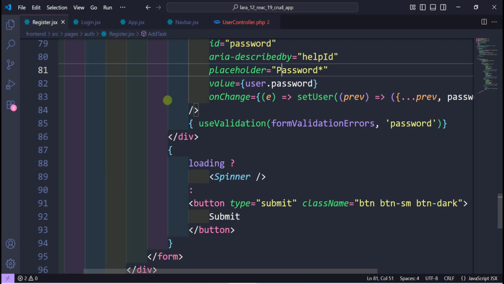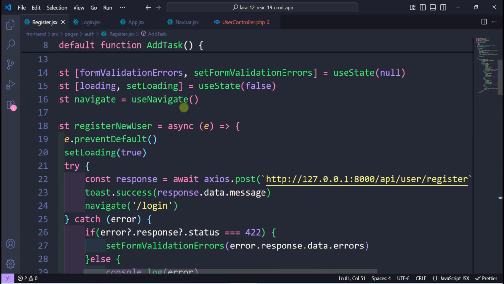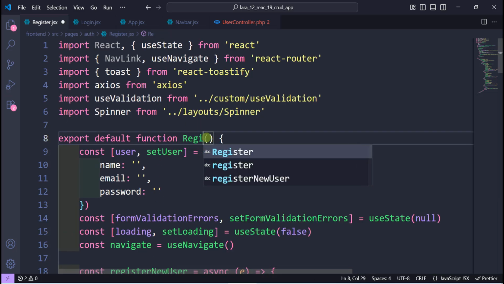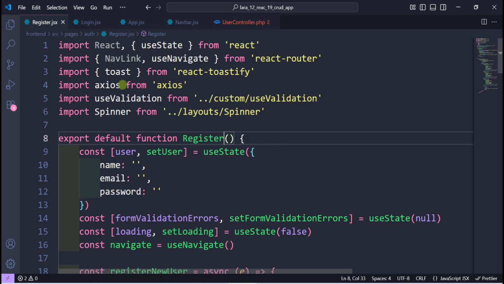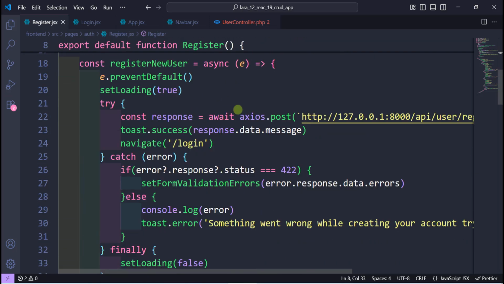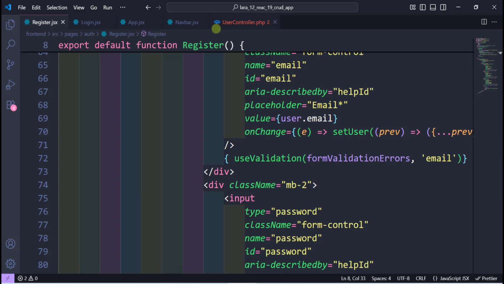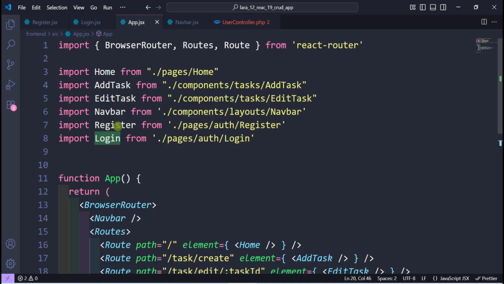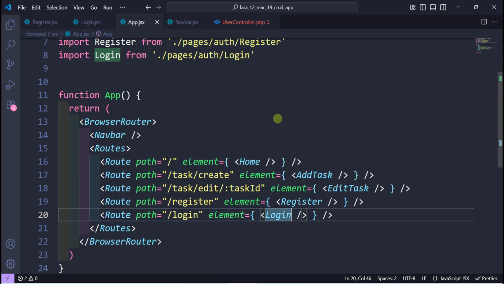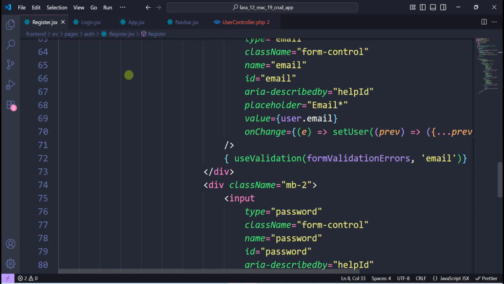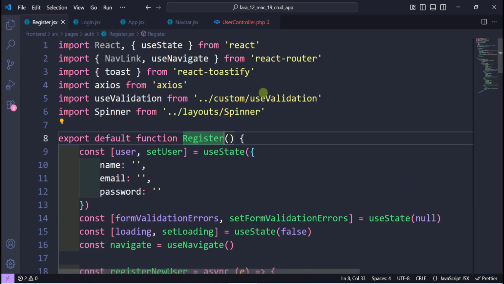Let's go to our register. So I think the name here, let's change it to register. And I think that's all. We have the registered user, and we have our page. Let's go back to our app.jsx, so here import register, and here it takes us to register. So what is wrong here? Let's refresh the page. So the problem is here we can't import